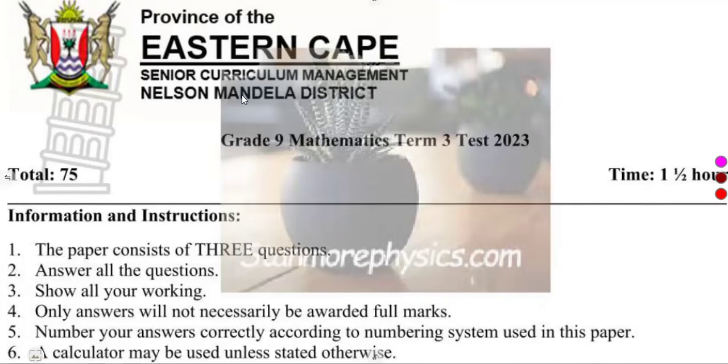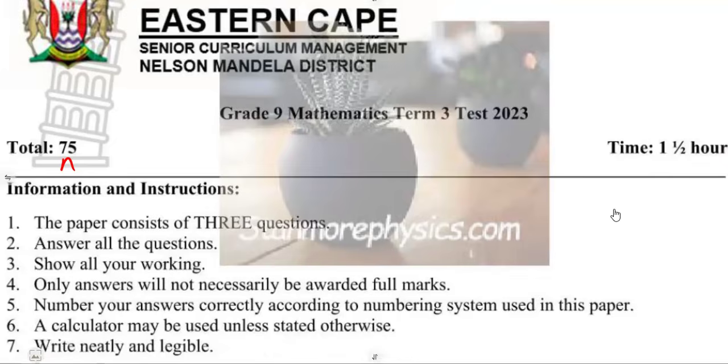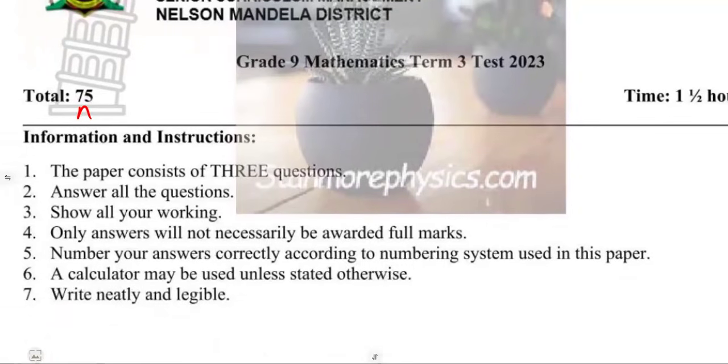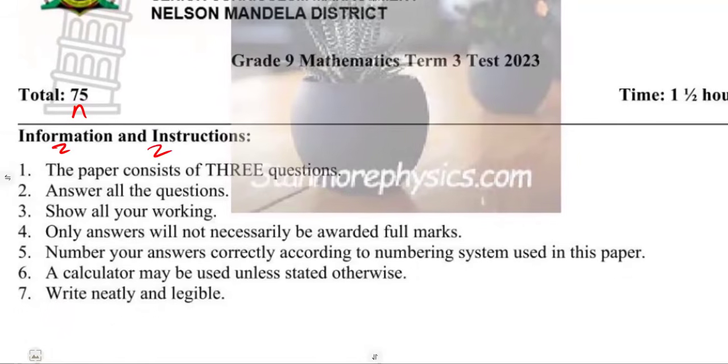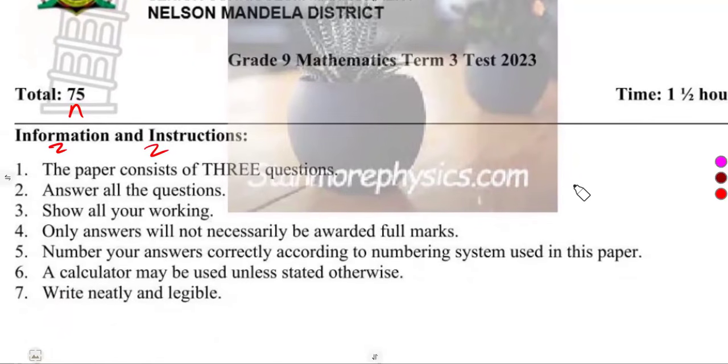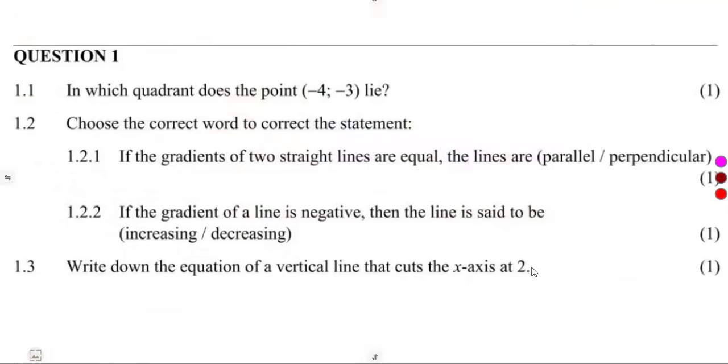So this is the Eastern Cape Province paper that we are going to consider, which was out of 75. So basically, guys, make sure that you go through the information and instructions that you are given. We have got 3 questions, and you must answer all of the questions. Make sure, guys, you read every part. Question number 1, we are given